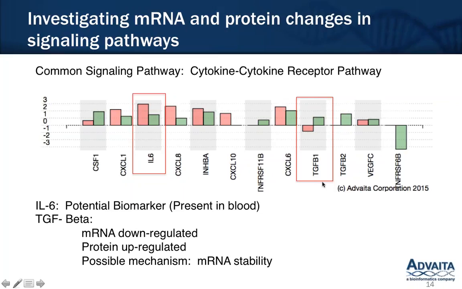And then TGF-beta1 was something that I thought would be interesting for a mechanistic study because you see that the RNA for TGF-beta is downregulated whereas the protein is upregulated, and this could be a possible mRNA stability issue. And actually, the mRNA would not be degraded, right? Even though not much of the mRNA is being produced, the mRNA is not being degraded rapidly. So you're still seeing a lot of increase in protein expression, even though the mRNA is downregulated.